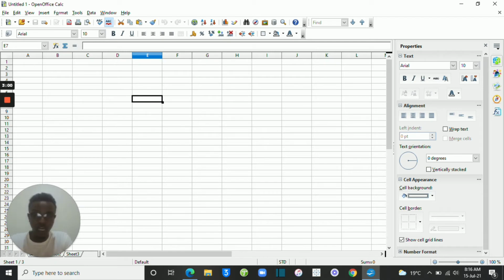So we have columns which are indicated by letters, and then we have rows which are indicated by numbers, right? So you can see that. And then on the right side, you see where we have another window. It's another window that helps you carry out other actions. You can see we have text. You can